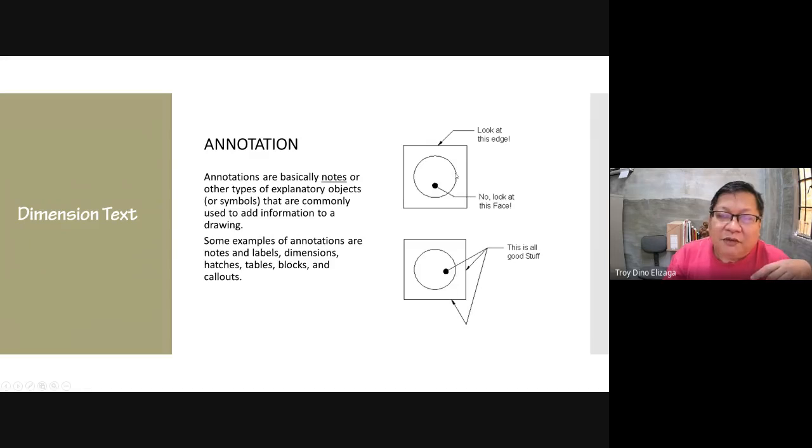Now, if you're pointing to a particular line, then it should be an arrow. If you're pointing to a surface, then you can use the circle. And then you can have annotations, well, leaders with one annotation but different leaders like this one. Although you can do this, you can organize it so that it looks better.